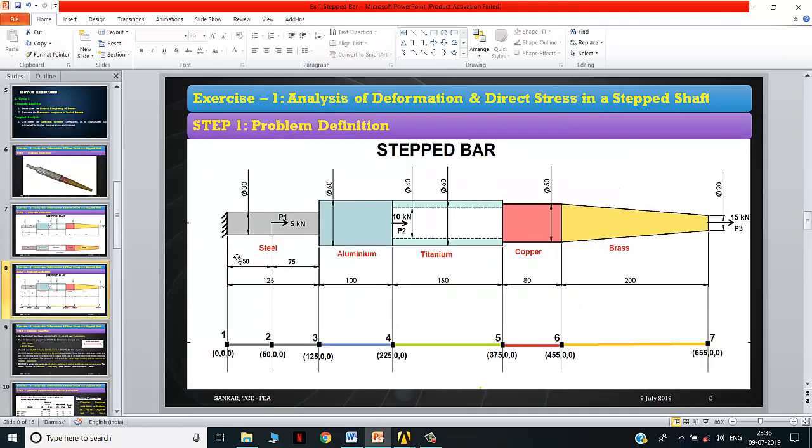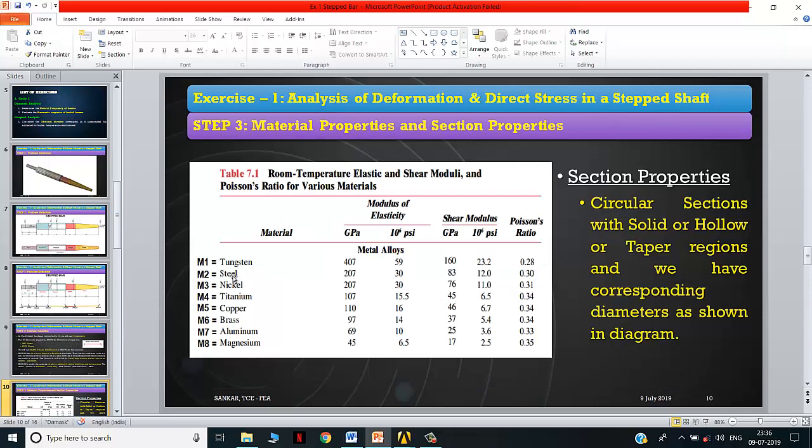In series, first one is steel, second one is aluminum, titanium, copper, and brass. So just keep this in mind. So we'll come back in a moment. So first is steel. For a steel, I have a Young's modulus of 207 gigapascal and the corresponding Poisson's ratio